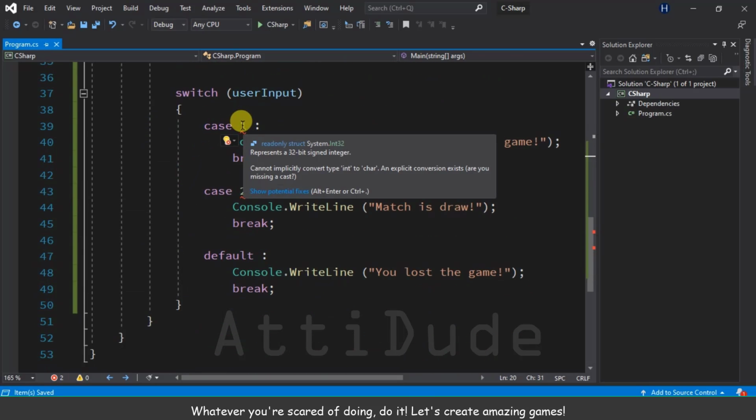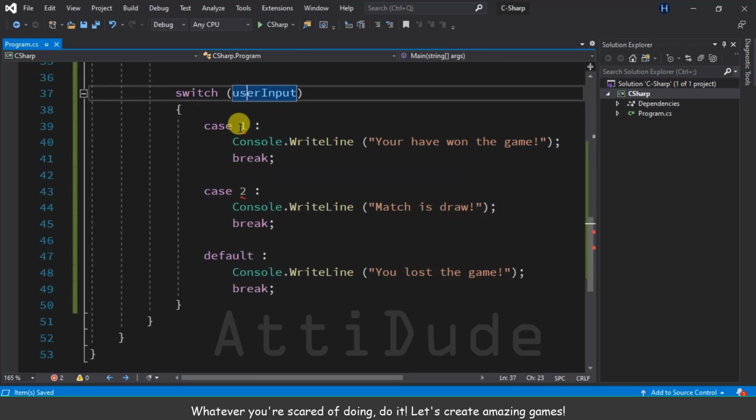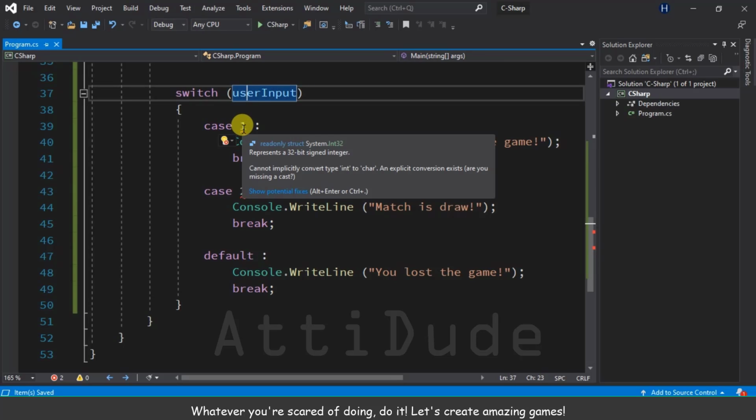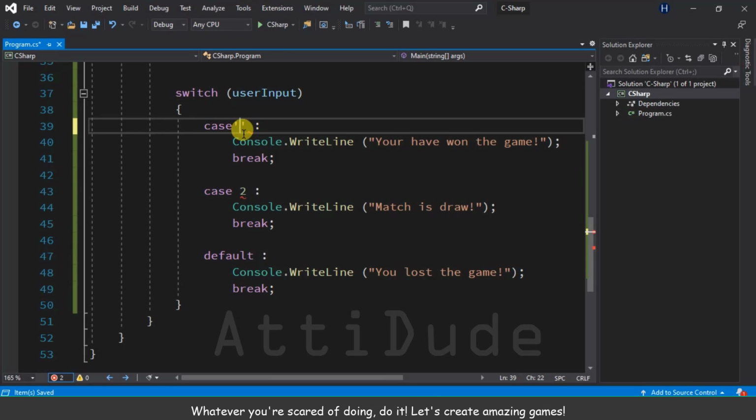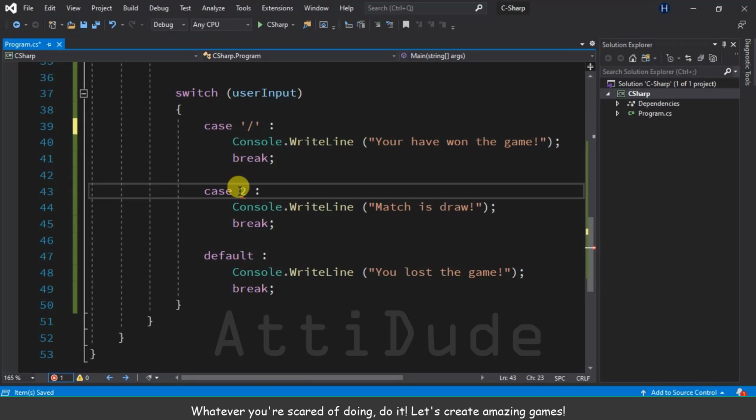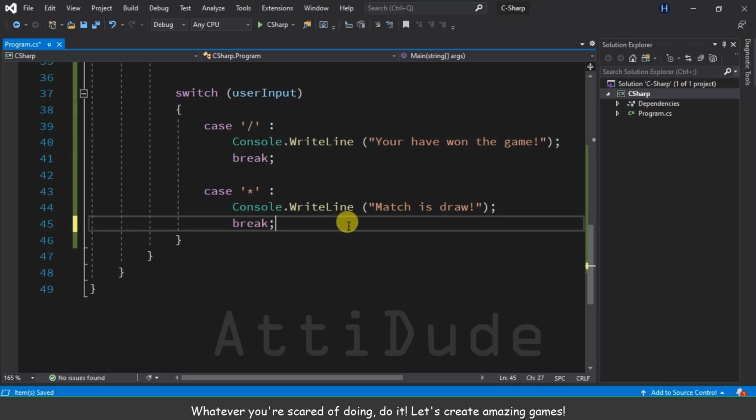You can already see that it shows an error because it says we cannot convert into char. So we need to write this. First of all, divide according to the modulus. We are following that. And then we're gonna delete this, and we can write